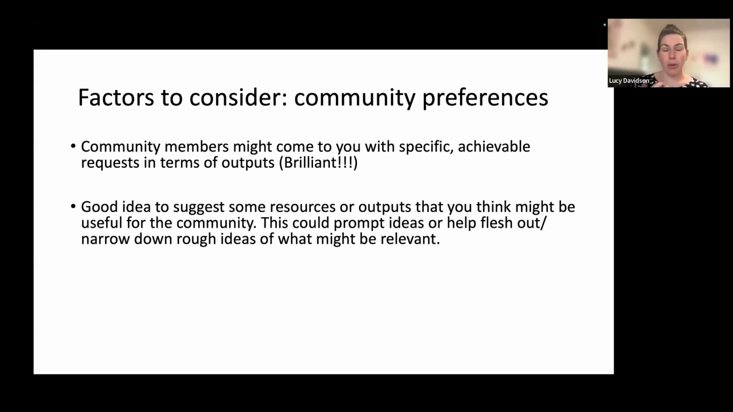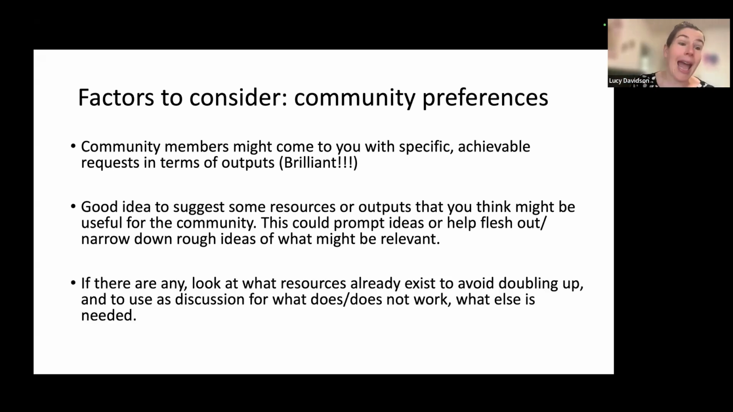idea to suggest, when you're discussing possible outputs with community members, some resources or outputs that you think might be useful for the community, and that might help them come up with more ideas, or help them extrapolate on their own or narrow down some more rough ideas that they have to what might be relevant and useful. And